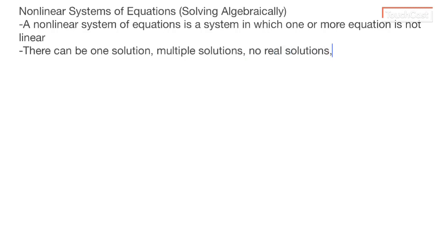The other thing to take note of is there can be one solution, you can have multiple solutions, you can have no real solutions, meaning you might have some imaginary solutions, or you can have infinite solutions. Now, what that means is there's a difference between multiple and infinite solutions. If we were going to graph it, it is possible that the two equations will cross multiple times, but not